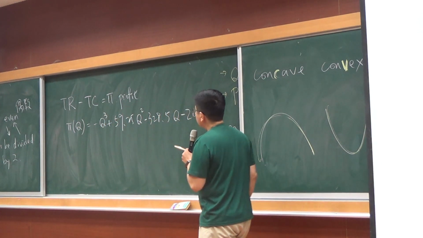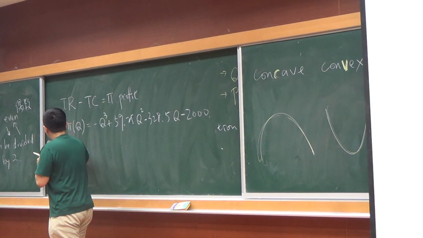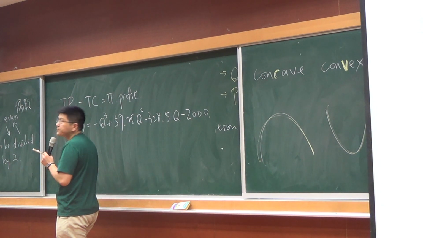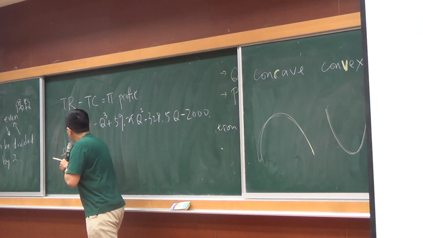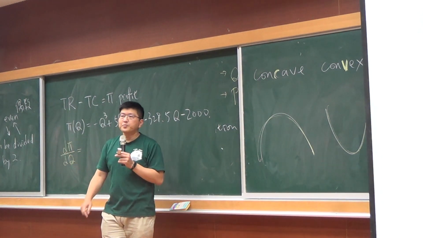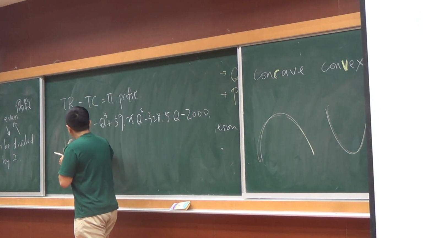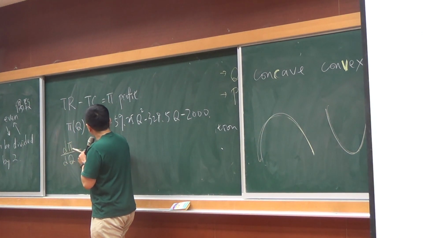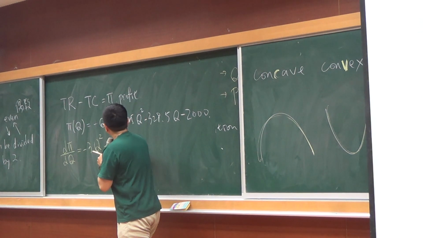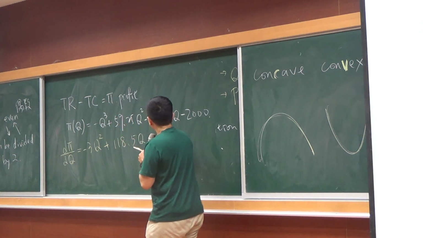Okay, then how can we do that? The first step, of course, differentiate pi with respect to Q. So we are looking for the slope of the profit function, which will be minus 3Q squared plus 118.5Q minus,